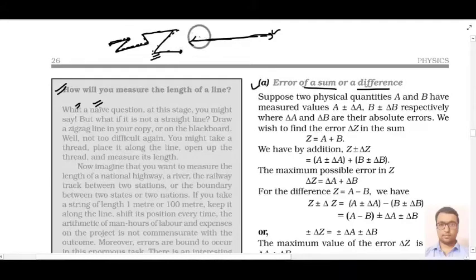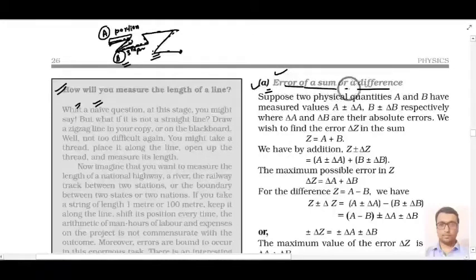Okay, so when you perform this activity there is some possibility of getting some errors. So it is called error of a sum or a difference. Means from here to here you can consider we have one portion, then here to here we have a second portion, then this is your third portion. You can say this is portion number A, then portion number B, and then portion number C, like that. So here it is saying that error of a sum or a difference, we have to measure that.